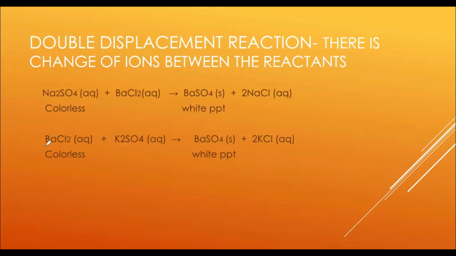The second example is the reaction of barium chloride and potassium sulfate. Barium chloride and potassium sulfate exchange ions. Barium takes the place of potassium, and potassium takes the place of the barium. As a result, barium sulfate white precipitate is formed, and potassium chloride, that is soluble in water, an aqueous solution of